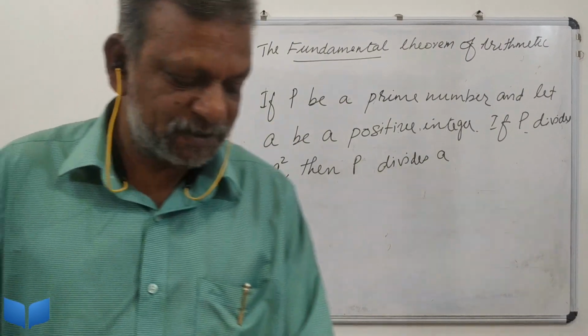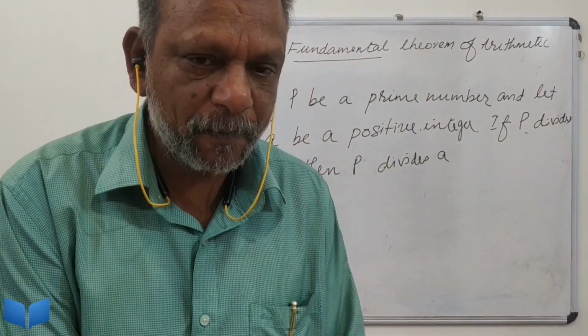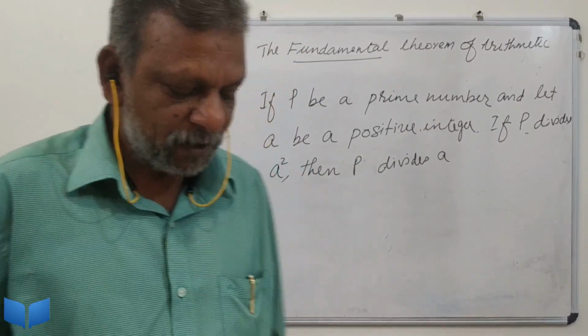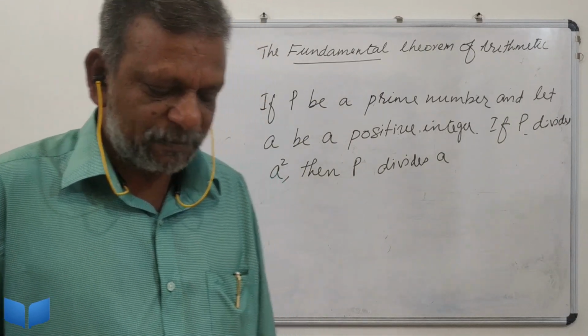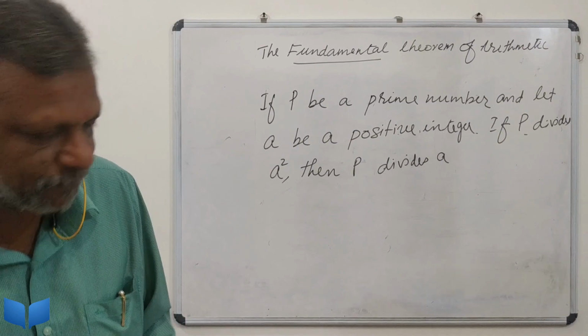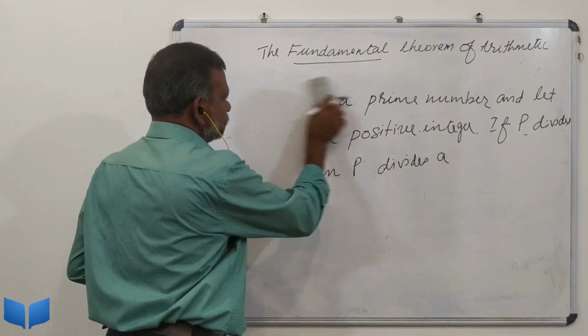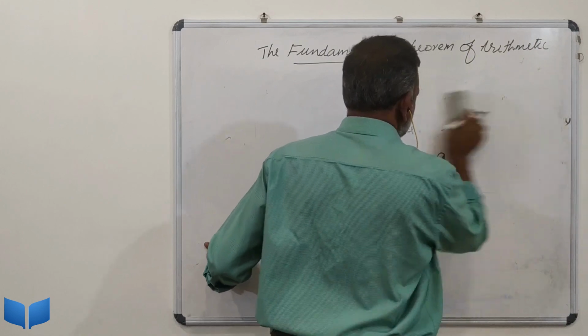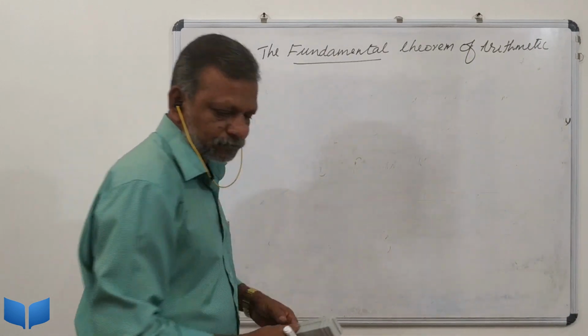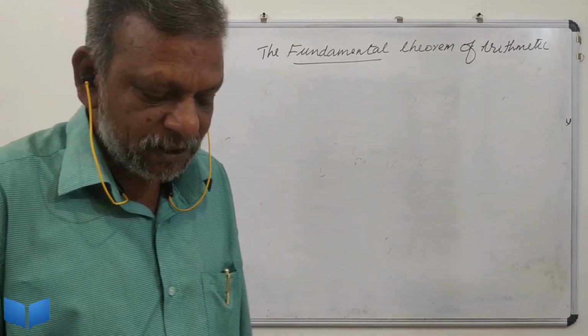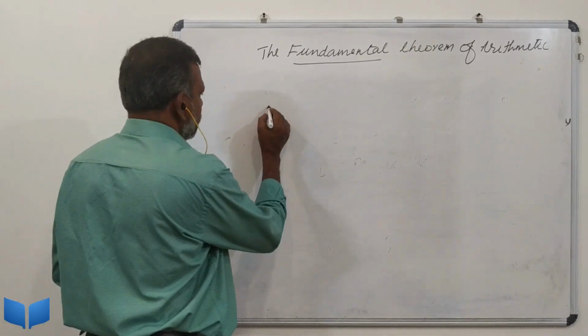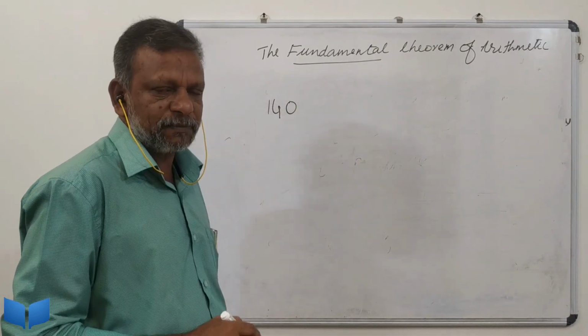How can we factorize the numbers? For example, factorize 140 and 156 as a product of their primes. Express 140 as the product of its primes. Now how can we express this 140 as a product of its primes?